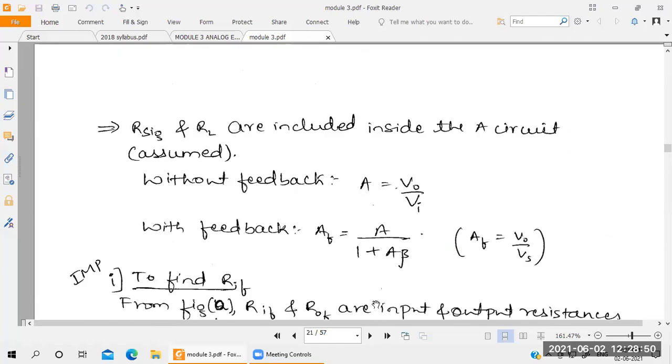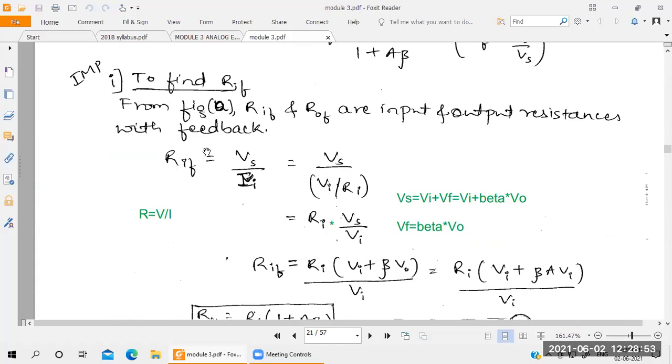Understood? So take now the first equation, total input resistance with feedback. Write it according to Ohm's law. You know Ohm's law, right? What is our equation? Voltage by current. Here we are writing our equation for the input, with the help of feedback. So for that, I will take the equation now. Source voltage is the input divided by input current flowing, which is Ii. So Ri means input voltage by input current. So I can write now Vs by Ii. That should be equal to what now? Vs.